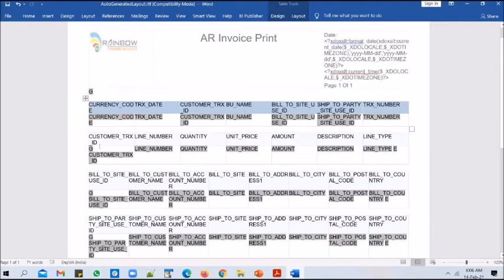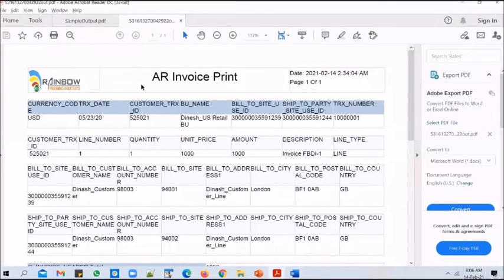You have special tags in RTF that you might have to use. For example, this is an invoice print, and this is an invoice header, and the next group is invoice lines. For the invoice header, you will only have one header for an invoice. You will not have multiple headers. But when it comes to lines, you might have multiple lines. This particular transaction has only one line, so it has printed only one line. But if this transaction had two lines, it would have printed two lines here.